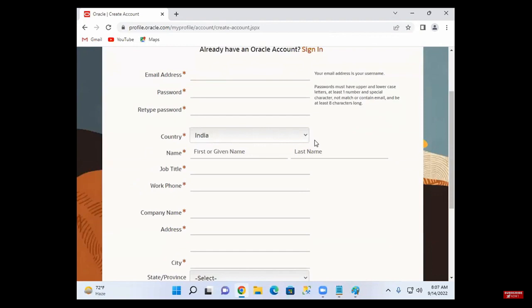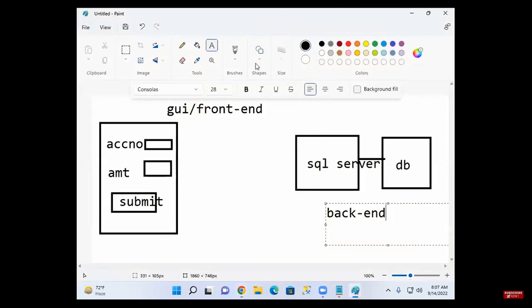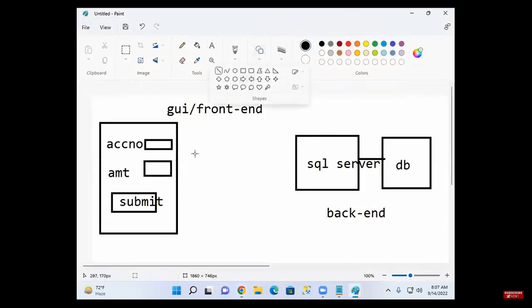When you enter these details, these details are stored in the database. Every new user's details are stored in the database. So from the frontend you input and the details are stored in the database. Now, can this front end application be directly connected to SQL Server? No, this is not possible. How is this front end application developed?